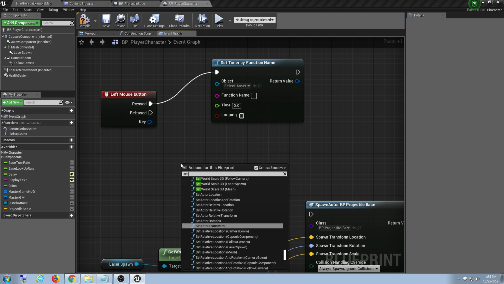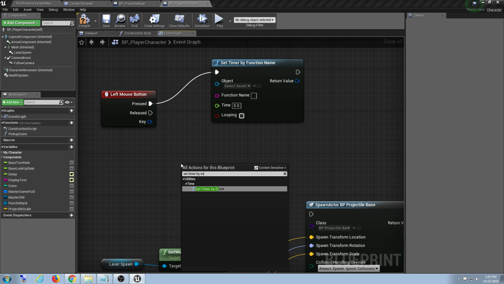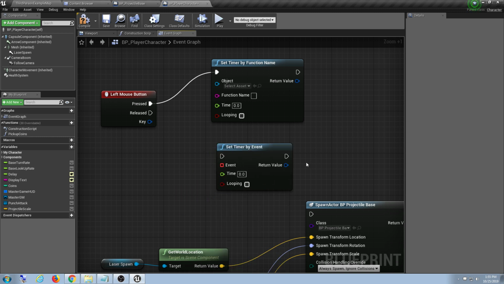Or I'll actually show you both nodes by event. Alright, so here's the function one, right? You just type whatever your function name is into here verbatim. And then there's options for how often you want to do this. If looping is turned on, it'll just keep going after this many seconds. And there's a pin if you want to save that. It's called a timer handle. Then you can modify it later, like pause, or stop, clear. I think it's called clear and invalidate, something like that. So that's by function name, and then this one is by